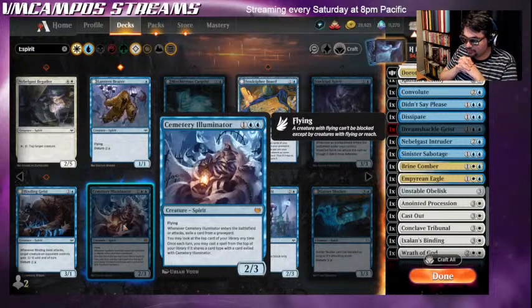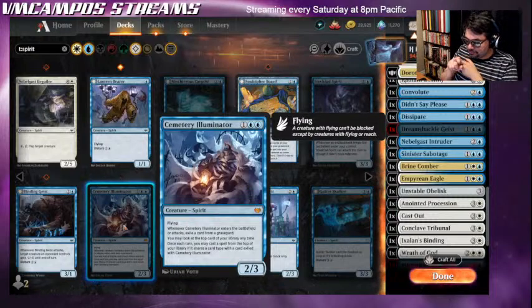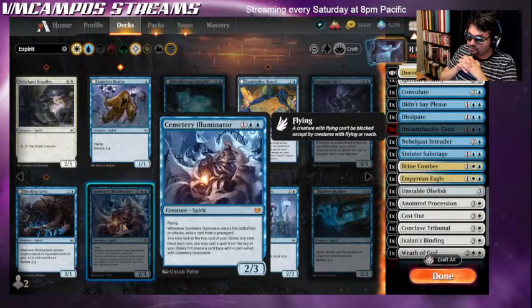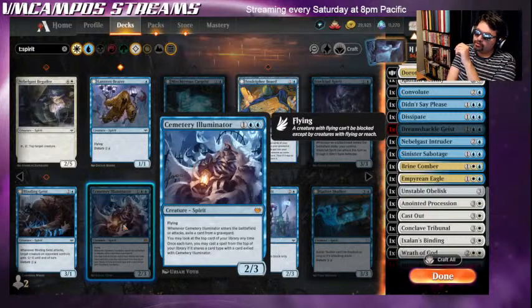Once each turn, you may cast a spell from the top of your library if it shares a card type with the exiled card. Okay, so you're exiling their card, but then you may cast a spell. Let's read this again. Whenever this enters the battlefield or attacks, so you get it at least once when it enters, exile a card from any graveyard. You may look at the top card of your library anytime. Once each turn, either your turn or their turn, you may cast a spell, so not play a land, from the top of your library if it shares a card type with a card exiled. All right, so if you exile any instant from your graveyard or their graveyard,